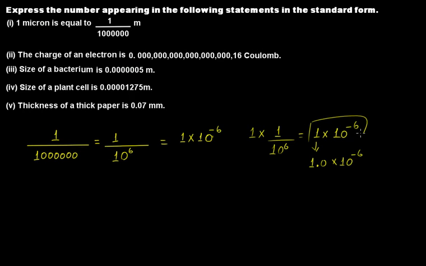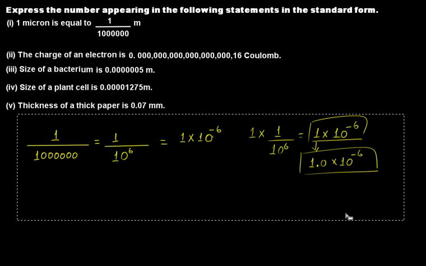Therefore, either this one or this one, you can choose anyone. This number is in its standard form. In the standard form, the decimal is always after the first digit. Okay, let's take the second one. In the second one, we have